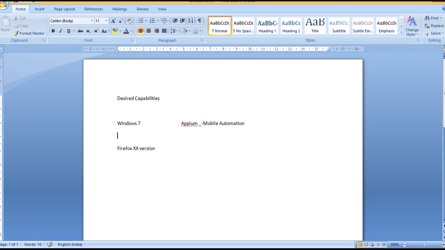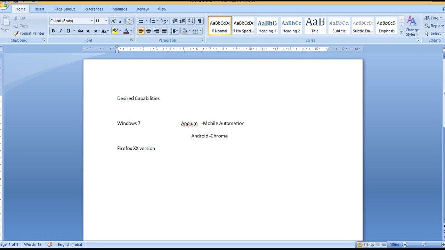So now for mobile automation, I need to run it on Android, some particular version, and I have to run it on the Chrome browser, whatever it may be. So I am saying what platform: I am expecting to run on an Android platform, and I want to run it on the Chrome browser, right? So these are the capabilities I am passing. There might be a few others, iOS, Firefox OS. Okay, there are different OS as well. If you say I want to run on iOS, and if you want to run on the Safari browser, or on Android Chrome only,